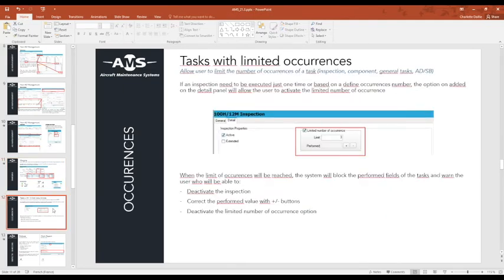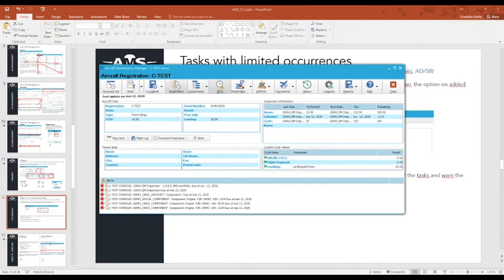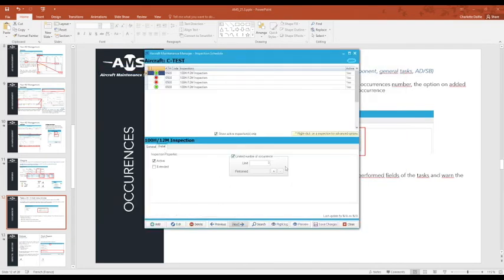After that, we created a feature where you can put some occurrences on an inspection. If maybe you need to apply something just once or more times, but not every time like a periodical standard inspection, you will have a new option in here. So I can show you directly here in the details, where you will be able to add a limit, and every time you perform your inspection, the performed value here will change. If you make some mistake, you will be able to decrease or increase. If you need to correct the value, you will be able to do that.